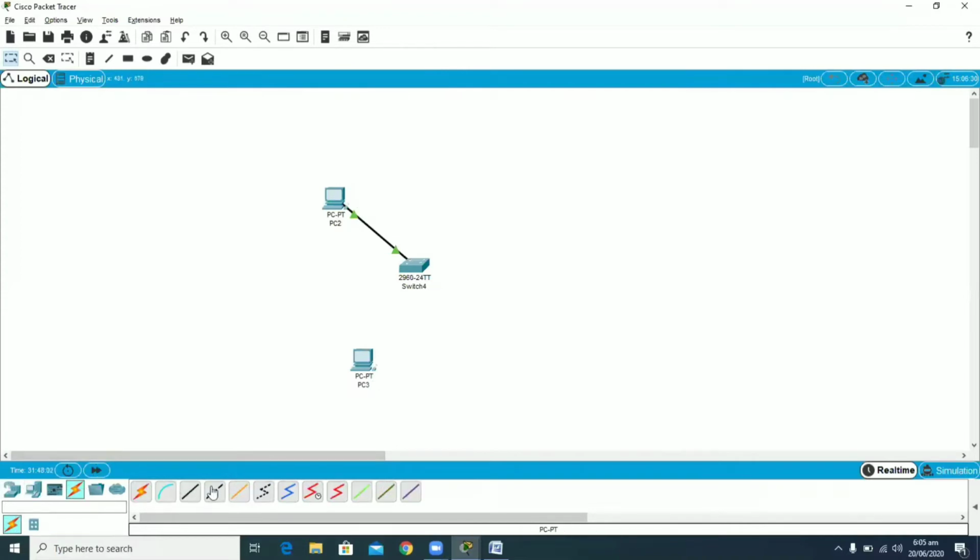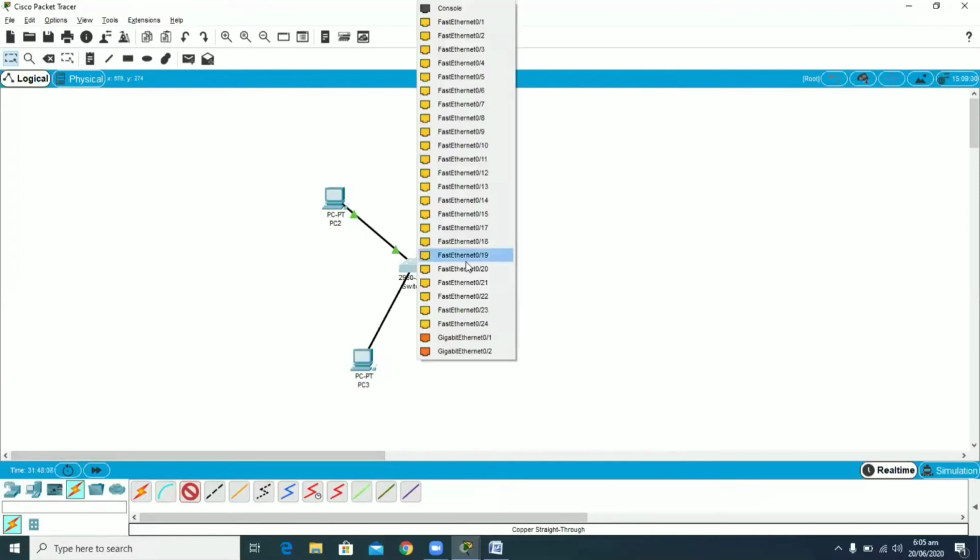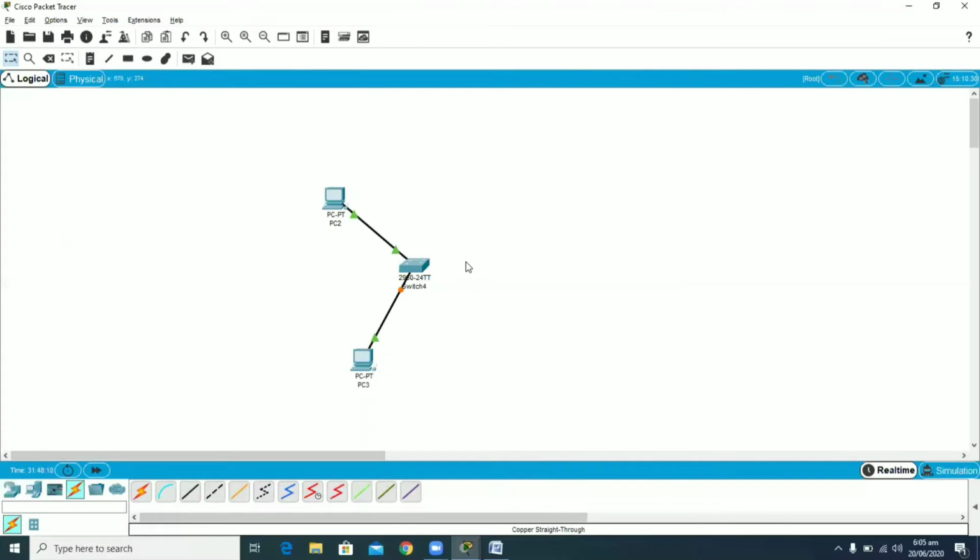This is another PC, and I am attaching this PC's Fast Ethernet 0 port to any of the available Fast Ethernet ports on my switch. Waiting for this link to get turned up, and then I will check the MAC address table, and I will see that the MAC address of this PC2 will be present there, but this PC3 MAC address will not be present until I start some conversation between these two.